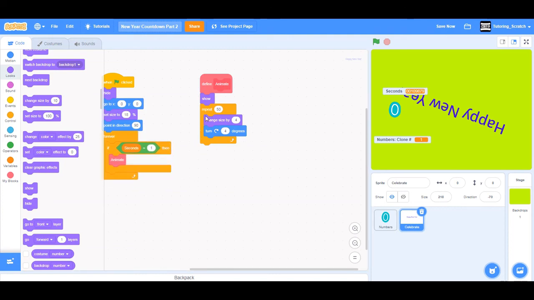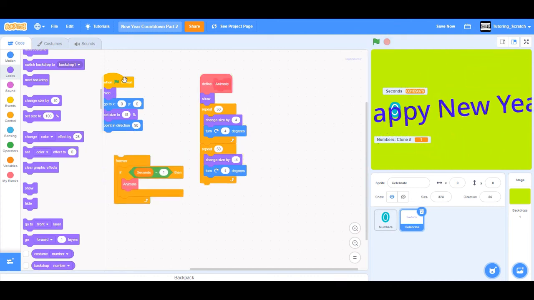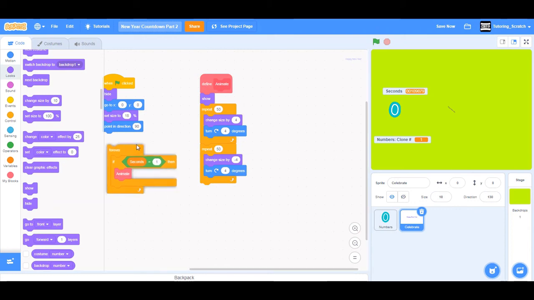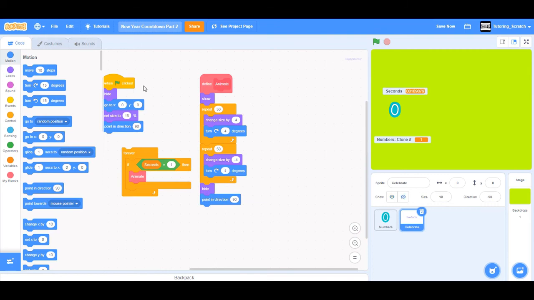nice. And now we'll just duplicate this. Now after it has grown, we need it to shrink as well. Change size by -4. Oh, and just there. But now it is pointing in some direction and it's not hidden. So we'll just do hide and point in direction 90. So if we just run this,